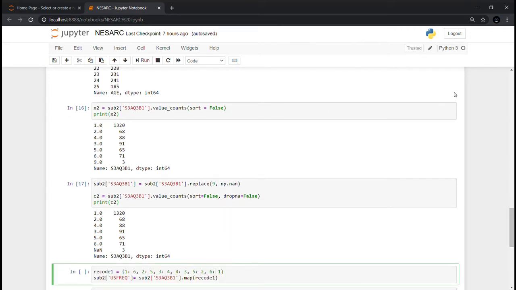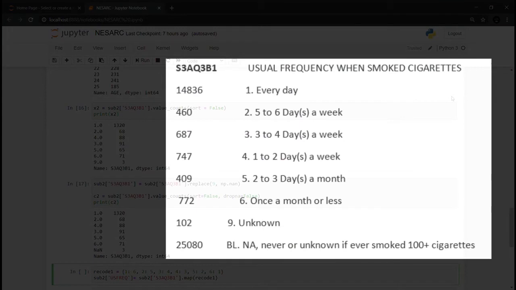Now after setting aside the missing data, we will recode the values. If we look at the same variable S3AQ3B1, we can see that the lower values mean that the respondents smoke more, and the higher values mean that the respondents smoke less.